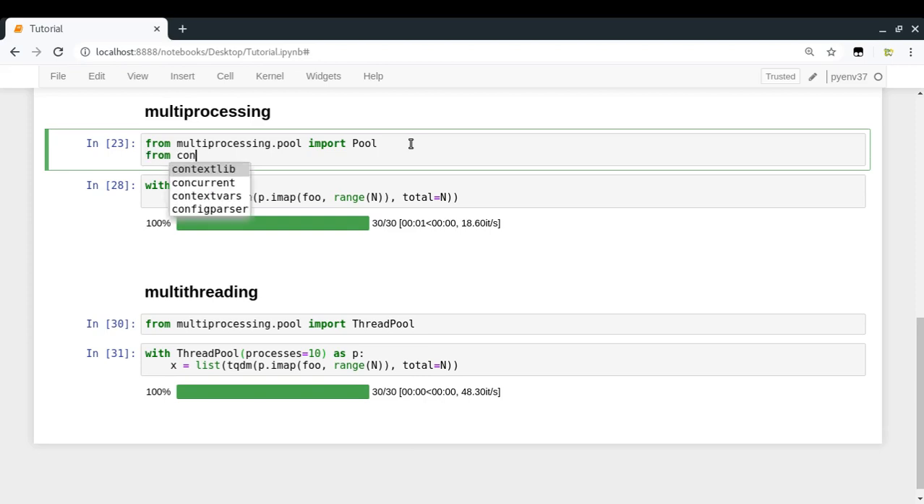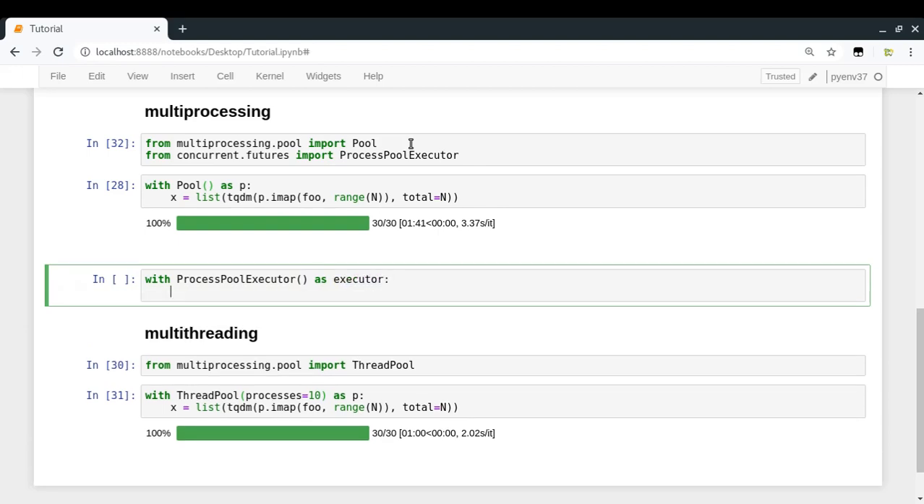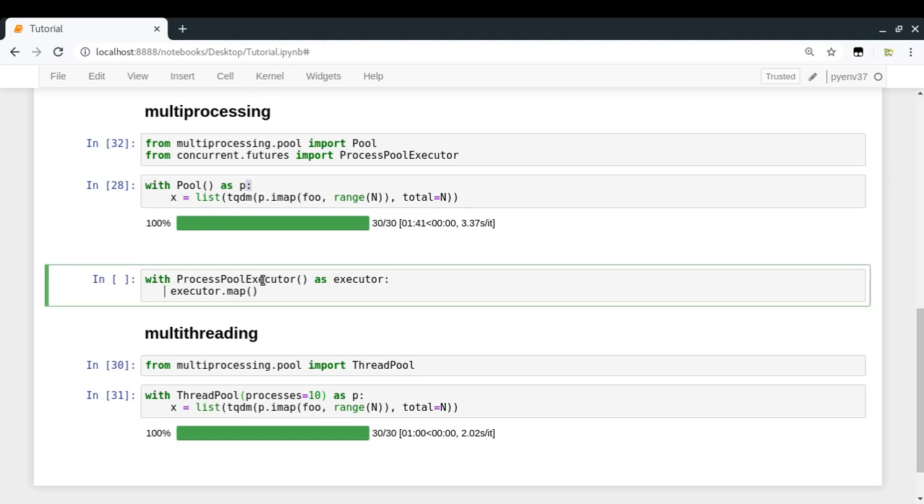So from concurrent.futures import ProcessPoolExecutor, and the example is with ProcessPoolExecutor as executor. What are we going to do with that? So actually executor also has a function which is called map, and this map will not return a list, it will actually return an iterator directly. So we can just directly go with executor.map. So just wrap it with the list,